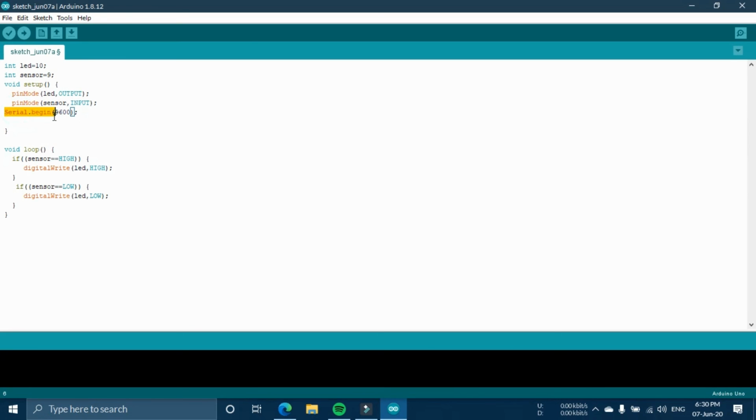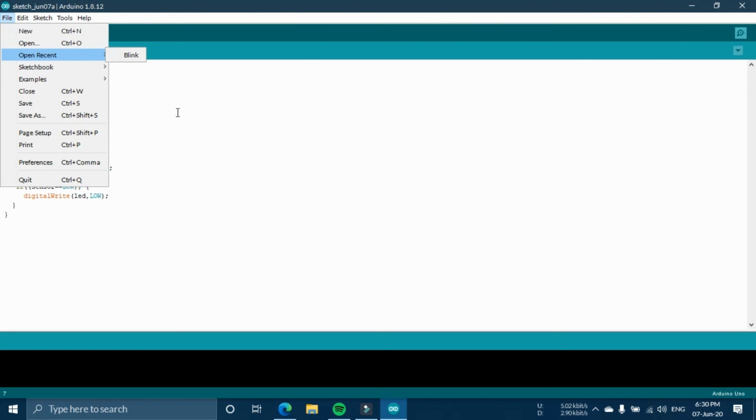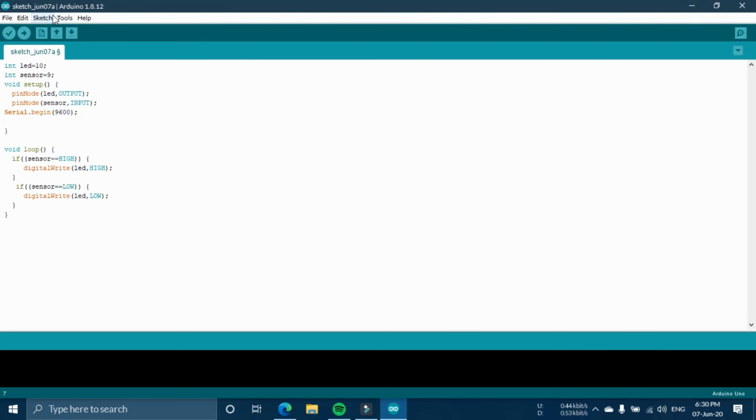Then Serial.begin is for using serial monitors, or you can also use it to display on LCD panels. Then you need to define the pins of the LCD and use lcd.begin, Serial.begin, then lcd.print, and so on. But you need libraries for that. Now what are libraries, that I'll be explaining at some other time. So these are the most basic commands you need to learn to start Arduino.